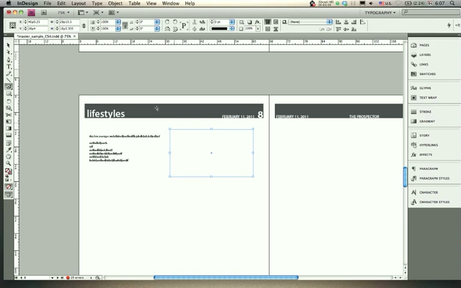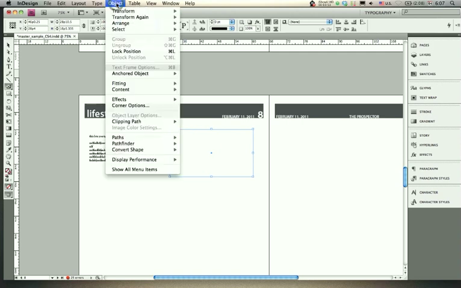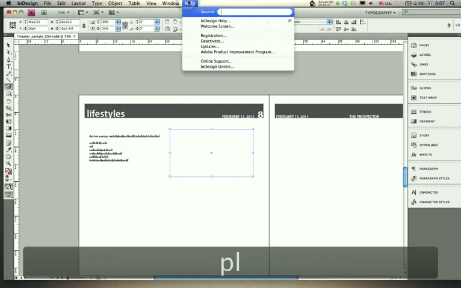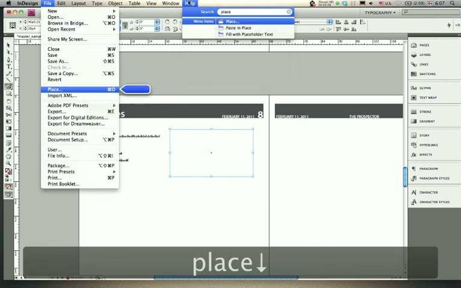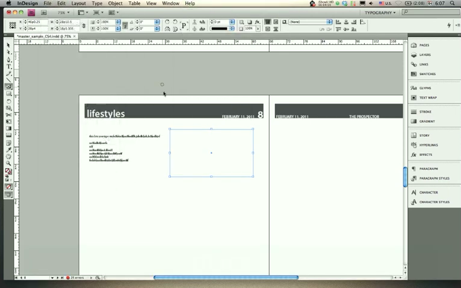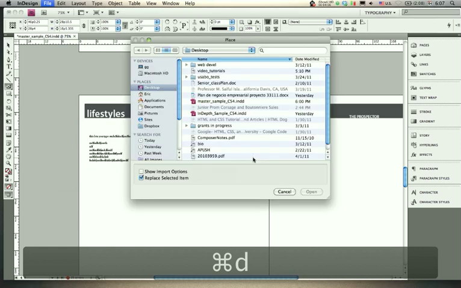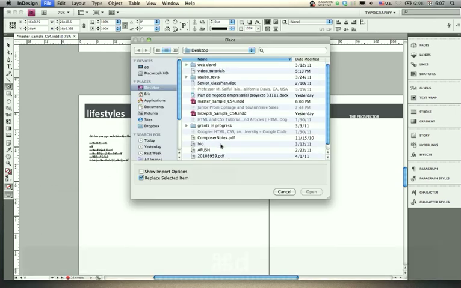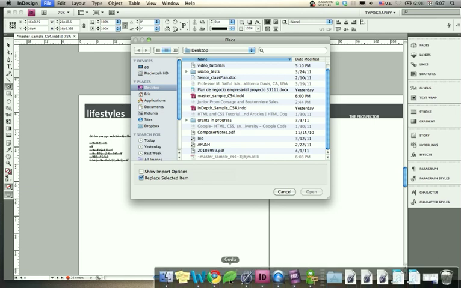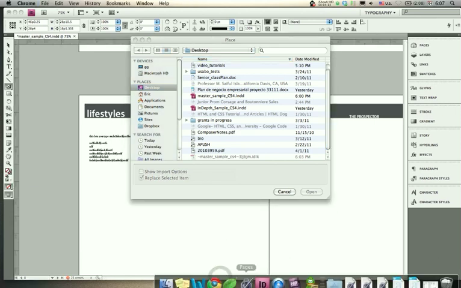So let's place a picture. I'm going to go to Object, or hold on, it's File, Place. If you notice here, the shortcut is Control D. And if you want to place a file, let's say I'm getting an image from